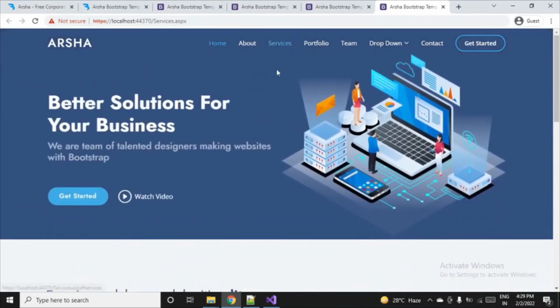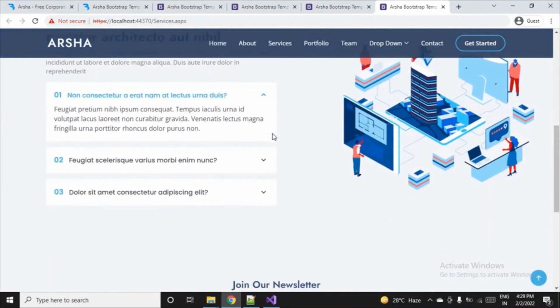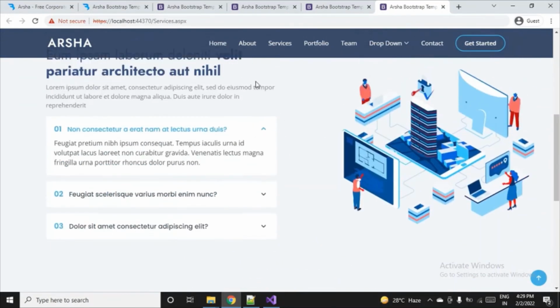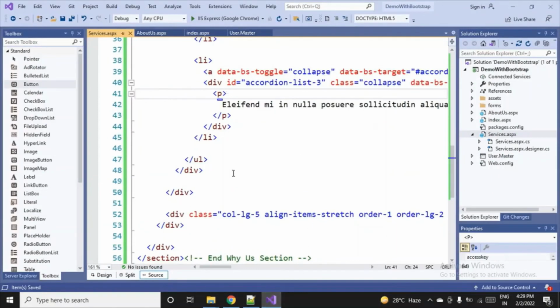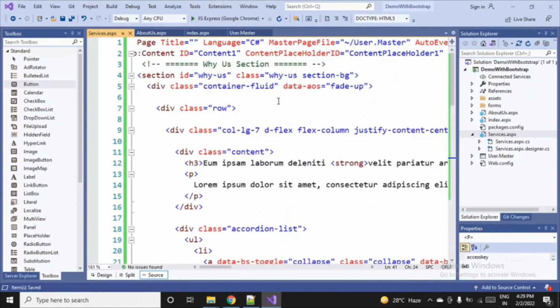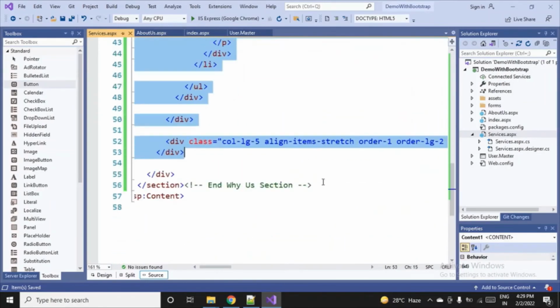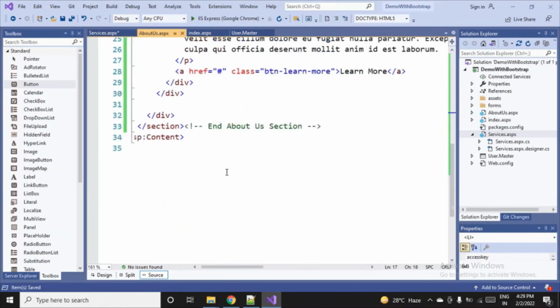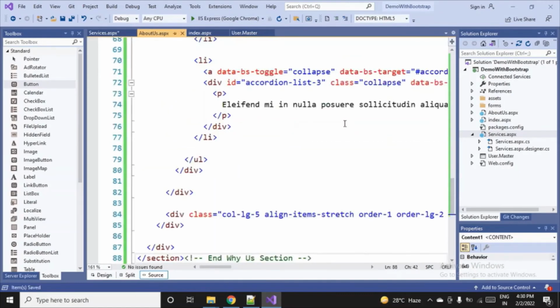Okay, so this is how we can go ahead and keep on creating the content. I guess this was also part of the about us page only. So I'll just make the correction quickly for you all, so you all can also see. Inside a content placeholder, I'll again pick the YS section. That section belongs to about us only. So scrolling down, I can put it here like this.